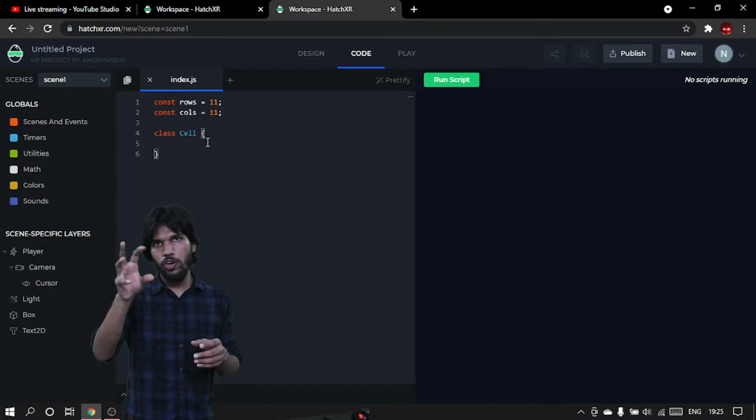So now I'm creating a cell. Now to define a class, to define the properties in a class, there is one function that needs to be there in it. It's called a constructor function. So you write constructor followed by a pair of round brackets followed by a pair of curly brackets. And inside the curly brackets, you define what properties are going to be there for my class. And all those properties are going to be preceded by this word, this dot. All the properties is going to have this name, this dot, and then the name of the property. So let's say I want